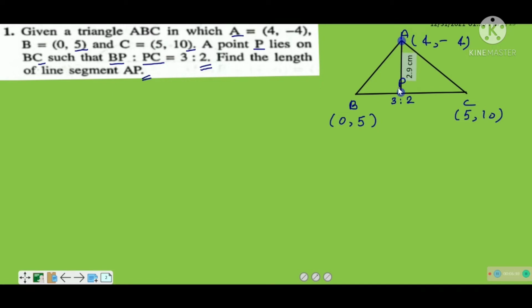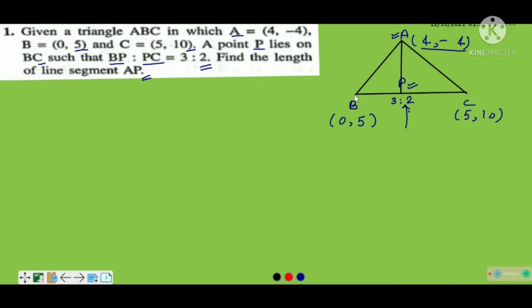अब देखिए डिस्टेंस फॉर्मूला अगर हमें अप्लाई करना है लेंथ AP को फाइंड आउट करने के लिए तो हमारे पास एंड पॉइंट्स A और P के कोऑर्डिनेट्स होने चाहिए। तो A के कोऑर्डिनेट्स तो हमें नोन है, P के कोऑर्डिनेट्स नोन नहीं है। P के कोऑर्डिनेट्स हम फाइंड आउट करेंगे यूजिंग सेक्शन फॉर्मूला।